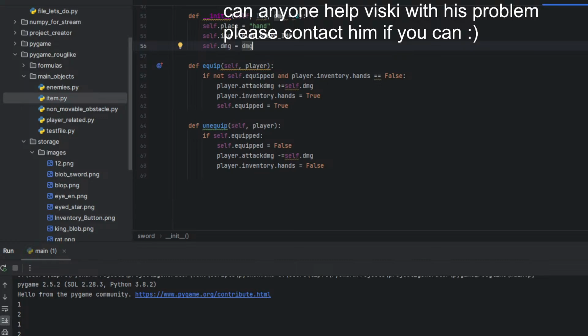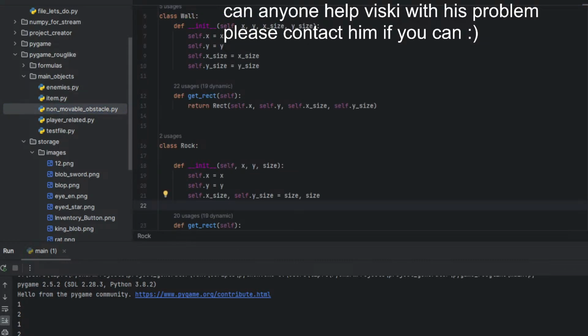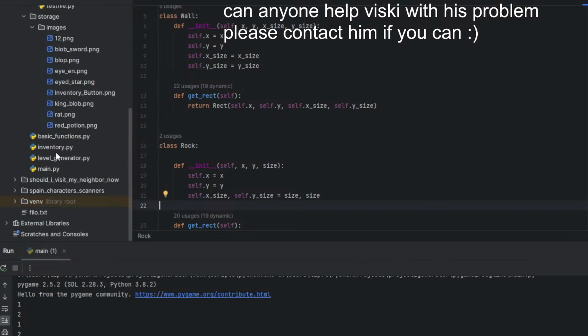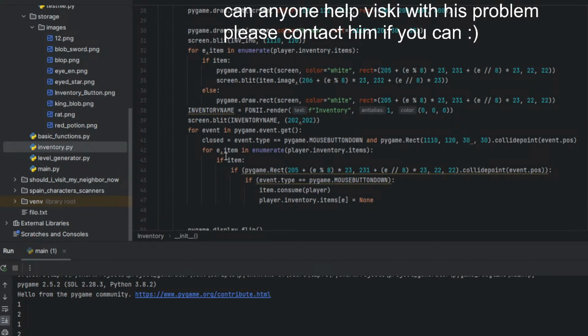So now let's see. Here's the inventory. Mouse button. Okay.